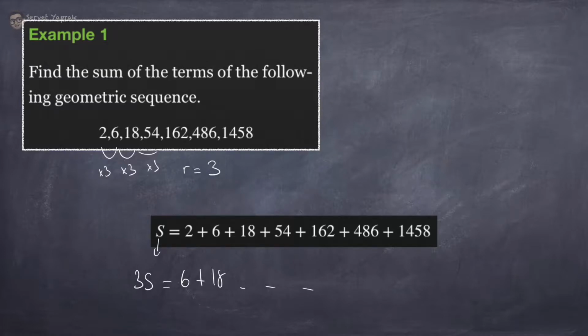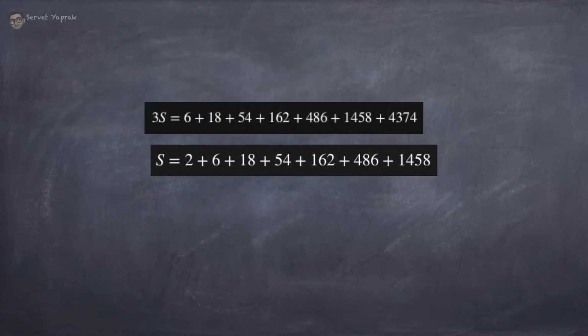So I will rewrite the two sums like this. So 3S is this. Every term is multiplied by 3, as you can see. 2 times 3 is 6, 6 times 3 is 18 and so on here. There is a reason I wrote it this way, because I want to subtract these two sums from each other. So if we subtract them,